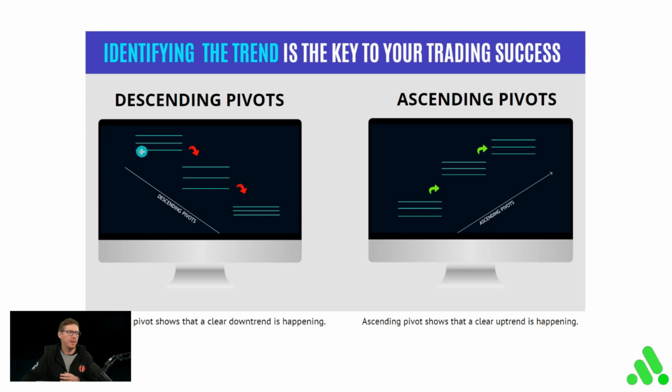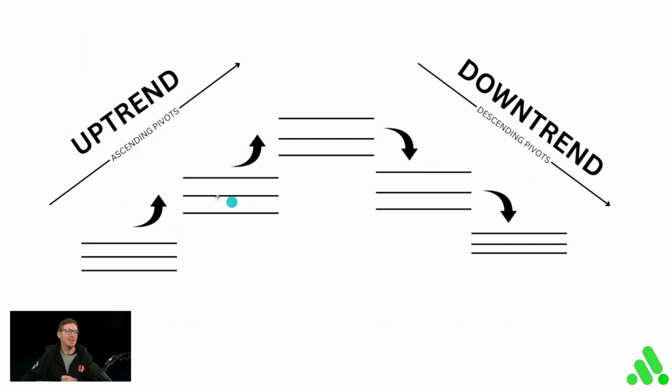So you can see over here, if we have descending pivots, which are pivots that are lower than each other, it's showing you we're in a downtrend. If we've got pivots that are ascending, that are above each other, it's showing you we're in an uptrend. Here's another example. We always want to see: are the pivots going up? Are the pivots going down? Whereas there are reversals taking place, this gives you a very clear way to understand how price is moving according to